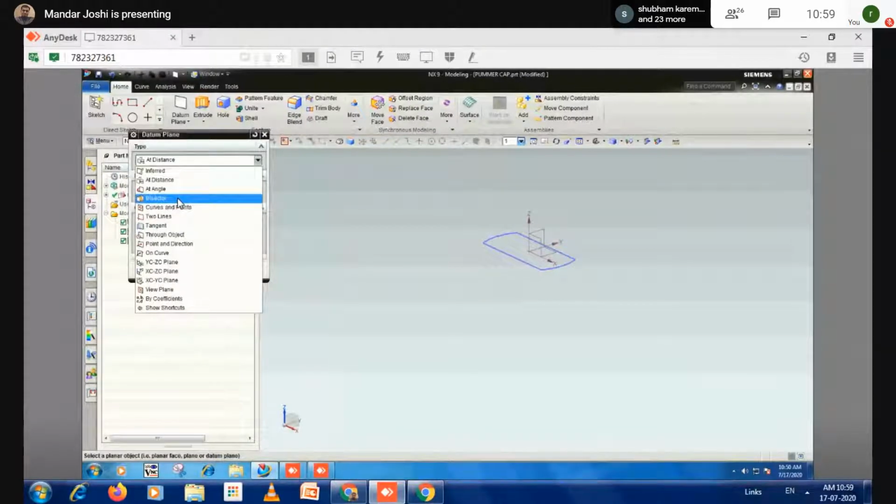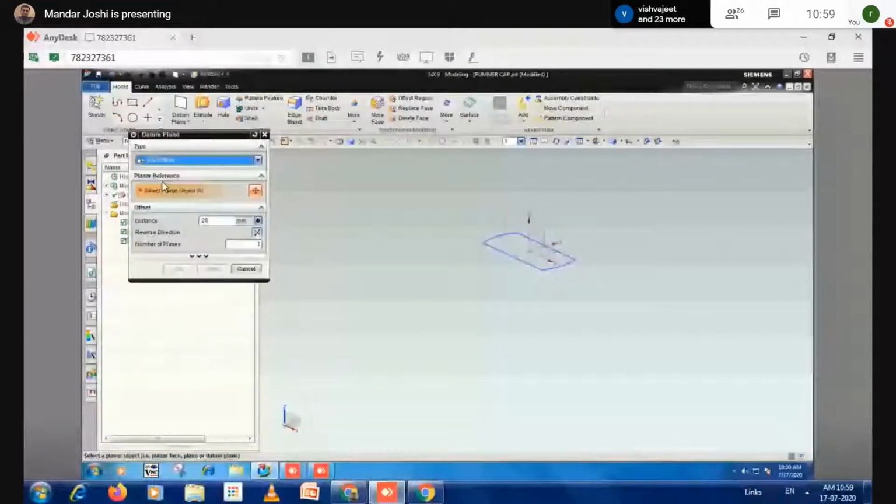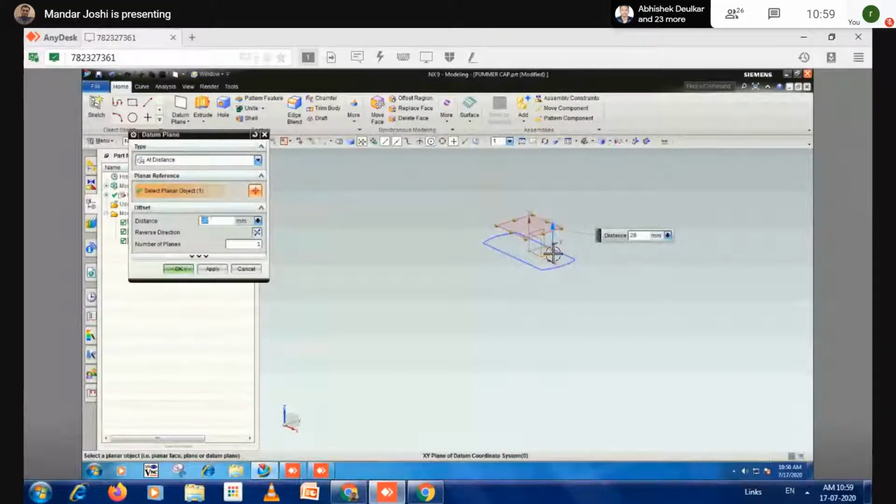To generate an offset plane, what type am I to select from this drop down list? Add distance. Correct. Add distance, select this, and I select this plane.